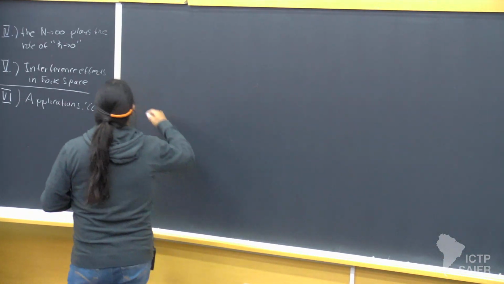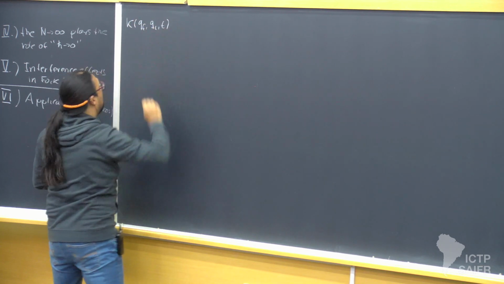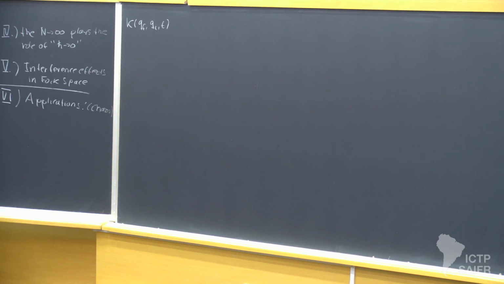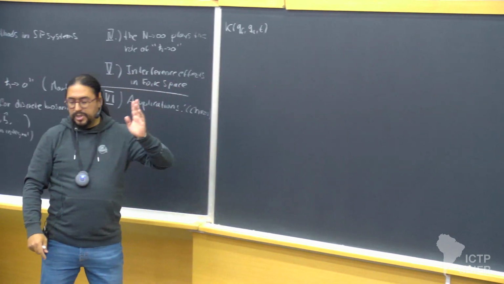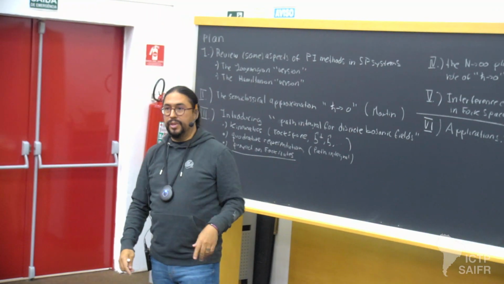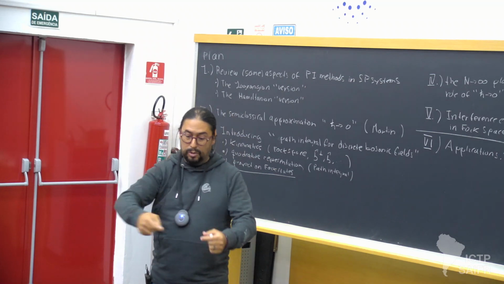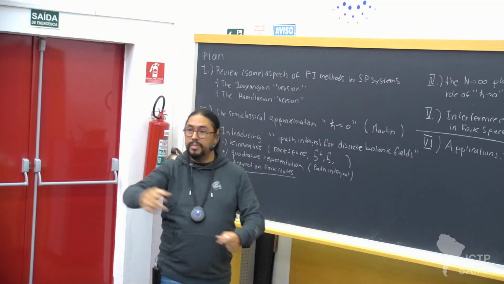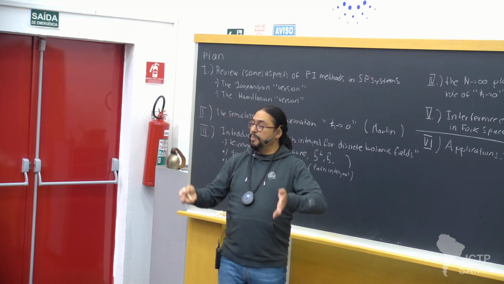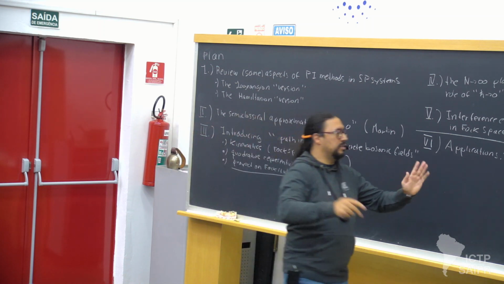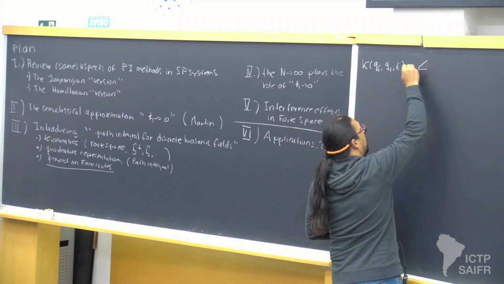So I will define what is called the propagator. It depends on three arguments: initial position, final position, and the time. I will make some assumptions here. I have a system of one particle, 1 degree of freedom, with orbital degrees of freedom. So I'm not talking about spin, I'm talking about one electron in space. 1 degree of freedom in real orbital space, described by a Hamiltonian which is independent of time. We will generalize everything later, but so one particle, time-independent Hamiltonian, and this object is defined